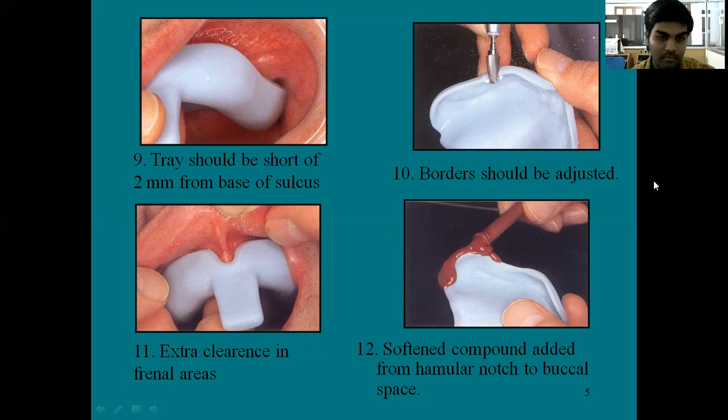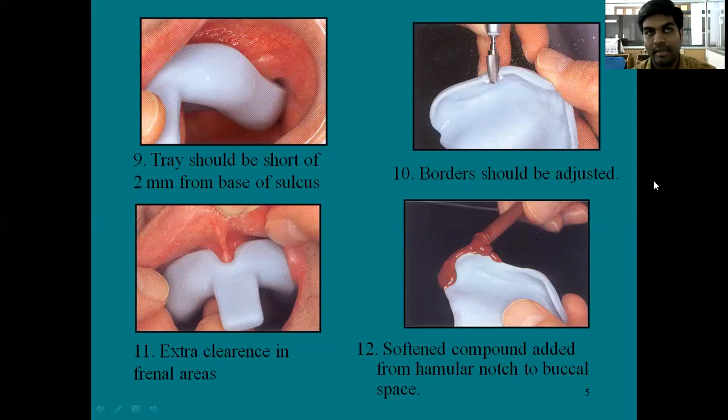In the labial frenum area and in the buccal frenum areas, we have to give additional relief or clearance so that the movements can be properly recorded. For border molding, we use green stick compound or the impression compound type 1. There are 2 types of impression compounds, type 1 and type 2.